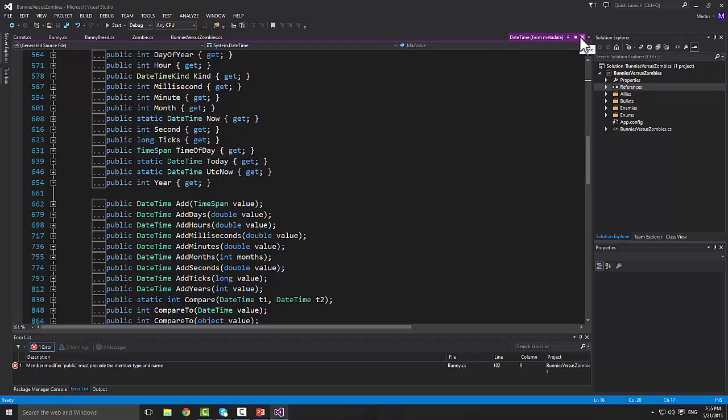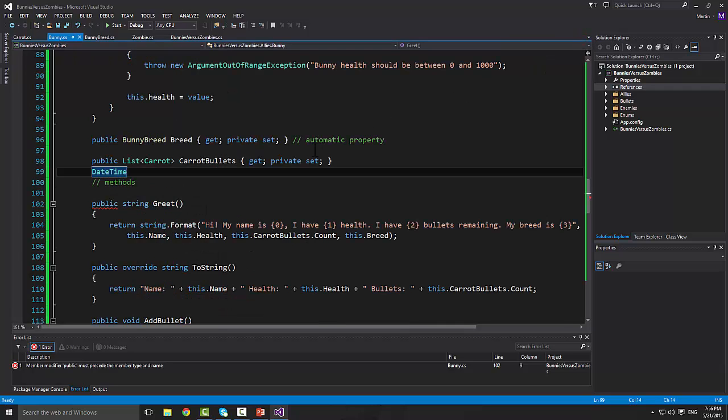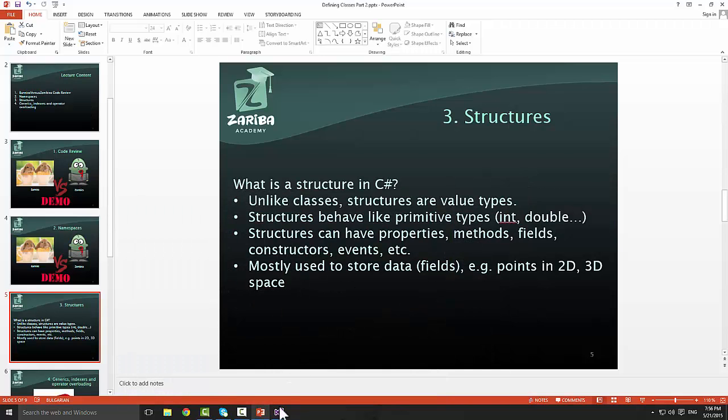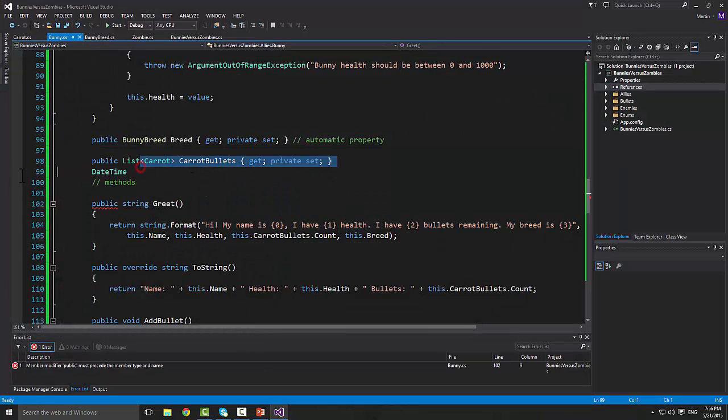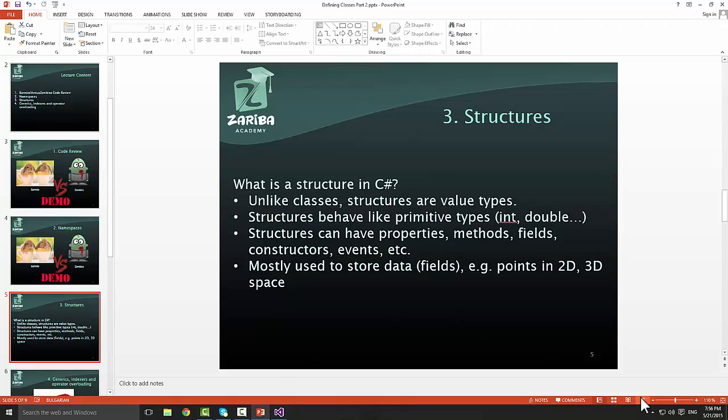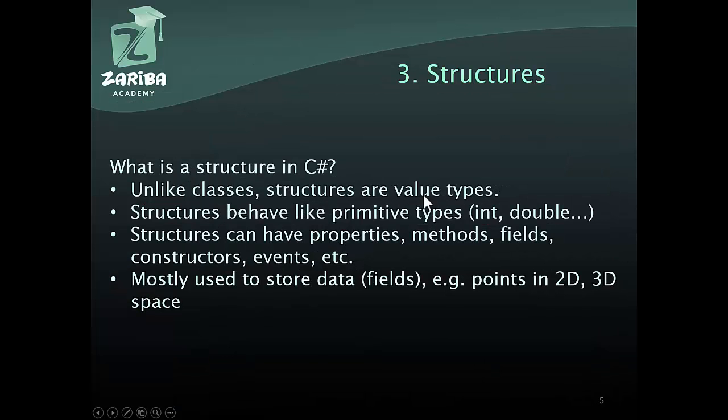I would normally use classes, so nothing bans you from using classes, even if you only have a couple of fields. Just so that you don't have to make the difference. Personally, I haven't had the need to use structs in a long time. So let me just delete that here because we don't need it. So yeah, this slide is only if someone asks you at an interview, so that value types and you cannot inherit from structs would be the differences that you would say. Okay,